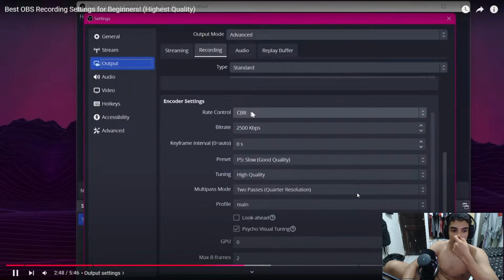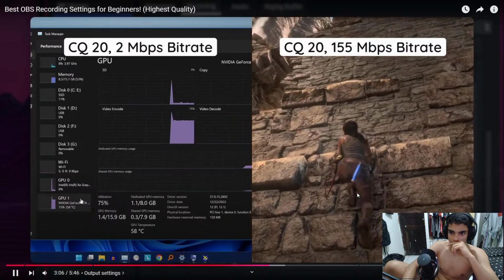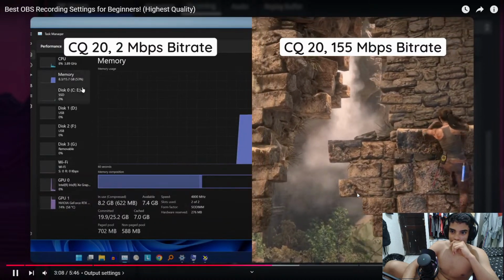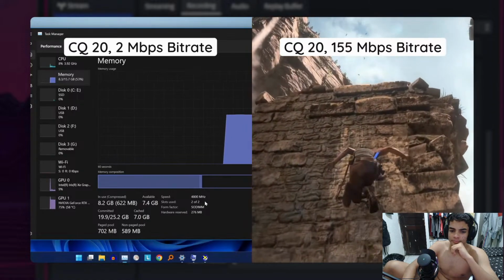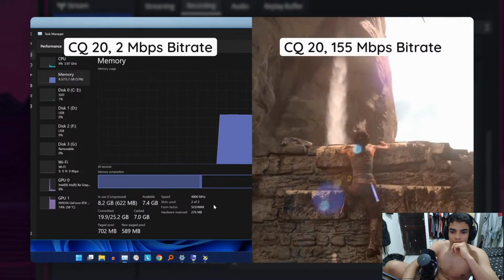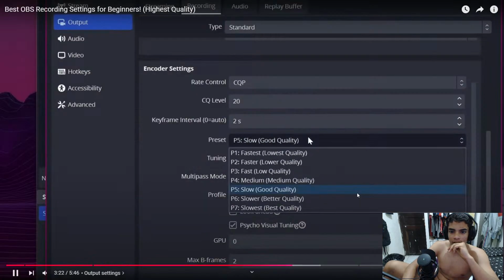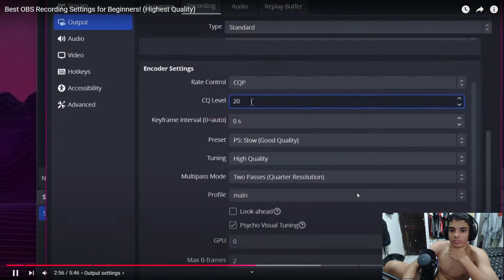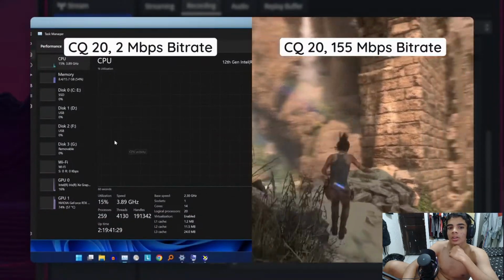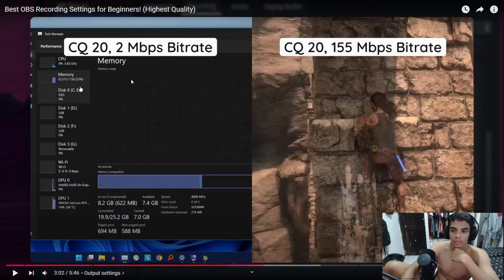For rate control, choose CQ. Leave with fast mode possible file size, and that of course depends on what's happening on the screen. But when you want even higher quality, choose a lower number like 16 or 18. This will make the file size high. Choose best quality for screen recording. Leave CQ level at 20. With this level, it will cover everything from gameplay videos with fast motion to low motion screen